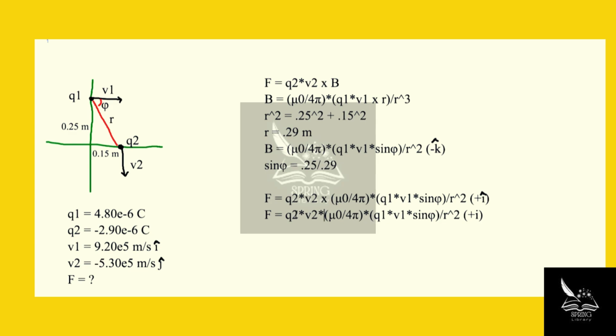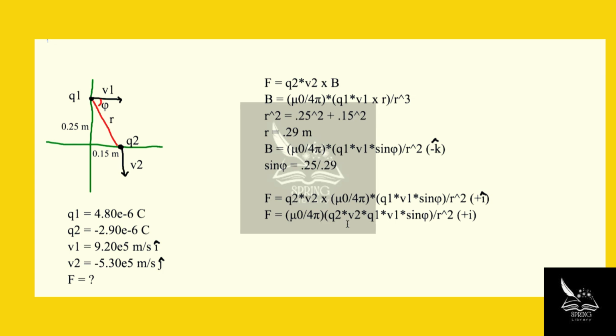We now have this whole expression that we can just plug right in. I'll just rearrange it a tiny bit to make it a little bit easier. But essentially, at this point, all we have to do is just plug in numbers. We have Q2, we have V2, we have Q1, we have V1, and we have sine of theta we found right up here, 0.25 divided by 0.29. R we already found. And we found the direction. So finally, when we plug these in,